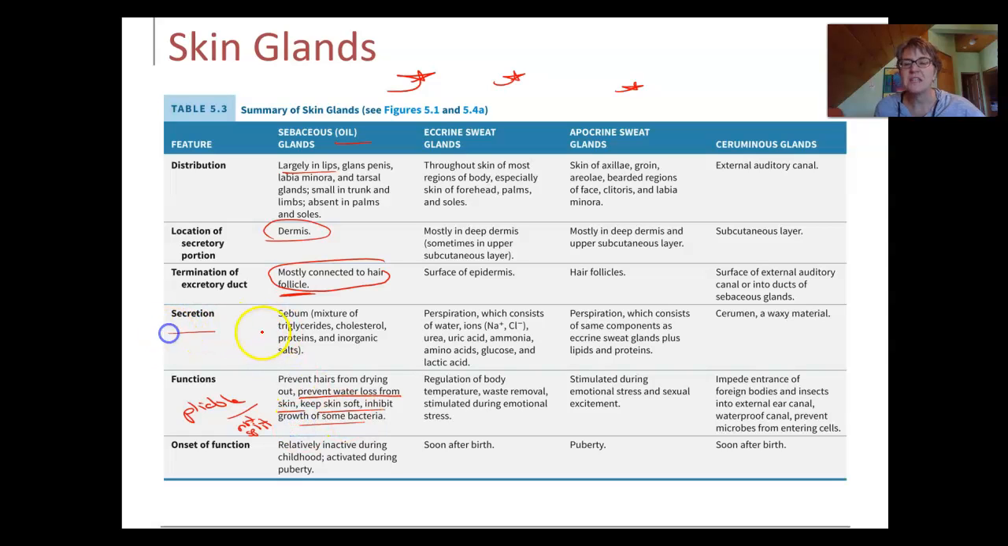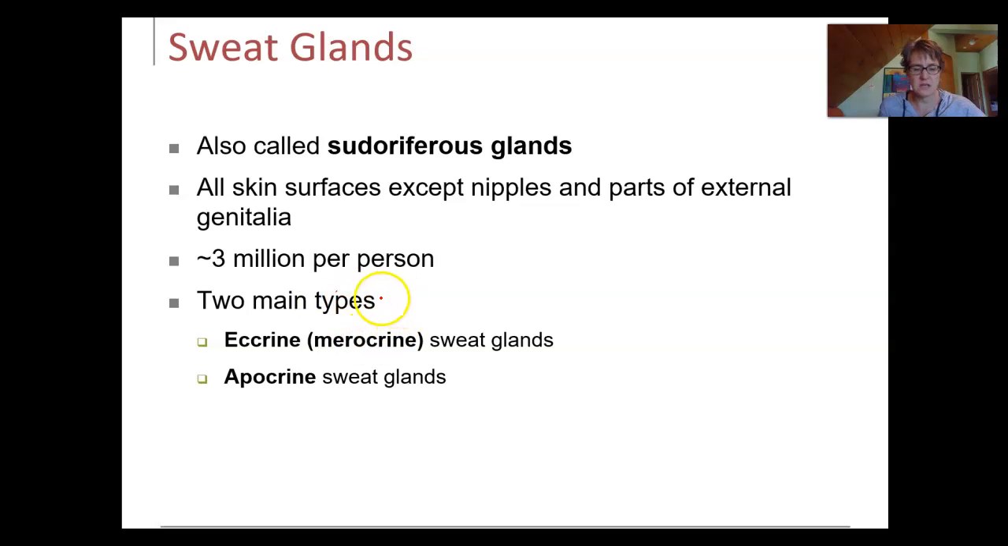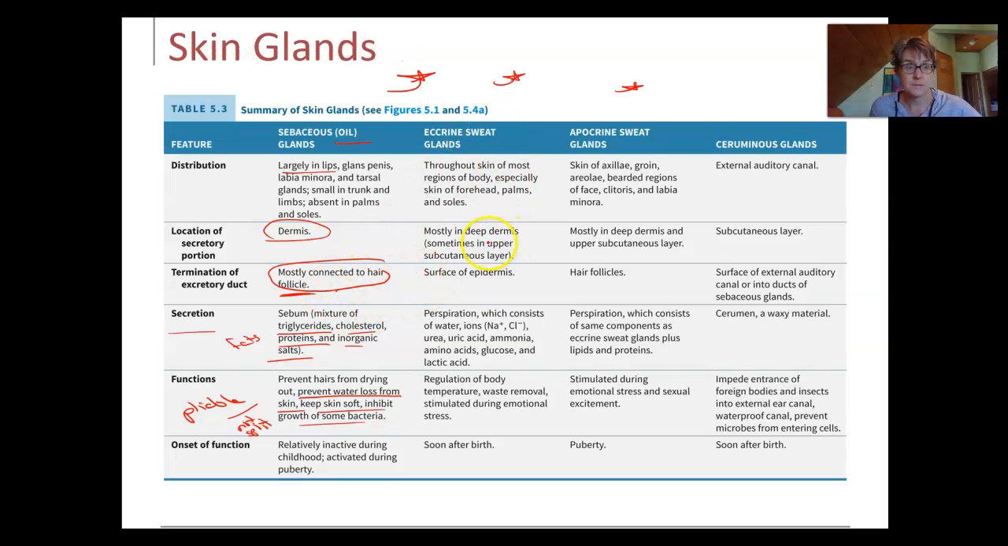And what is in oil? Oil is fats, cholesterol, proteins, and some salts. So it's mostly fats, right? Because fats are oils. But the big deal here is to know that this is connected to a hair follicle. It does not have its own pore. Sweat glands are located in the dermis, but they have their own pore to exit to the surface of the